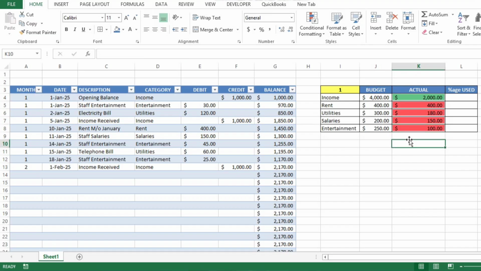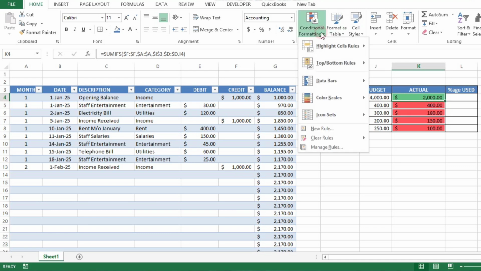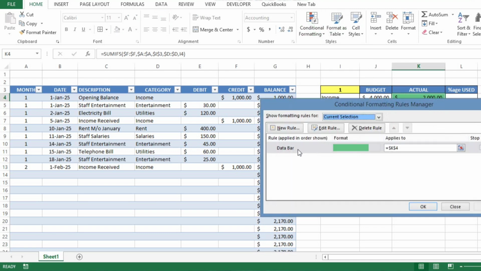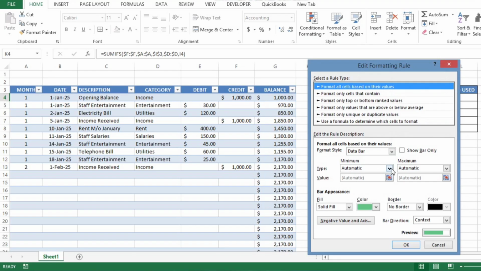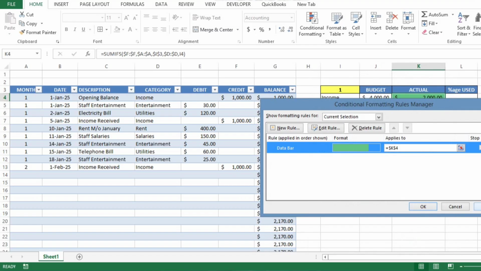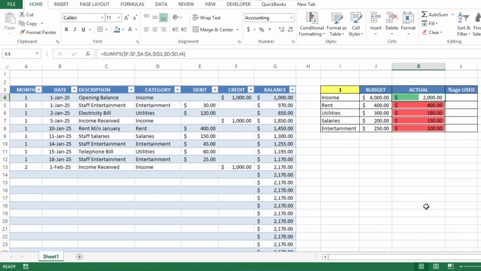राइट। फिर इनकम को ट्रैक करने के लिए हम लोग इनकम के इस सेल में आकर कंडीशनल फॉर्मेटिंग में जाके मैनेज रूल्स, डबल क्लिक हेयर और यहाँ टाइप में आकर हम लोग नंबर्स सिलेक्ट करेंगे, मैक्सिमम में भी यहाँ नंबर, और यहाँ हमने अपना बजटेड जो है वो 4000 इधर लिख देना है और प्रेस ओके, अप्लाई और ओके। सो ये देख लें हम लोगों का 50% ये हाफ बार शो कर रहा है, 4000 का हमारा बजटेड है, हमने 2000 अचीव किया है। इसी तरह हर एक्सपेंस कैटेगरी की भी कंडीशनल फॉर्मेटिंग करेंगे अपने अपने बजटेड वैल्यूज के साथ।